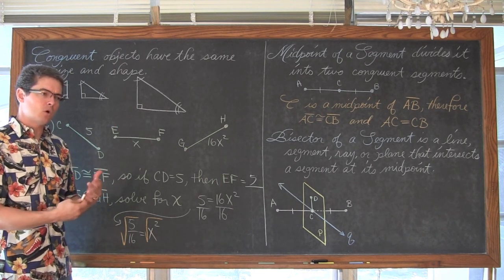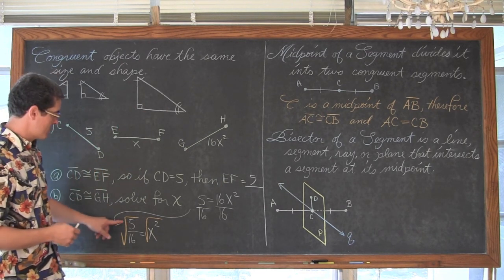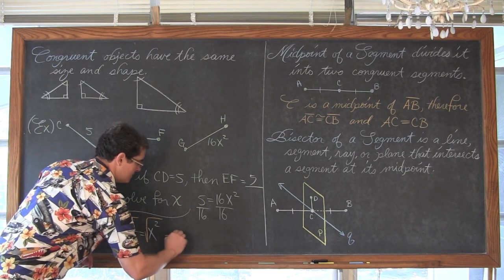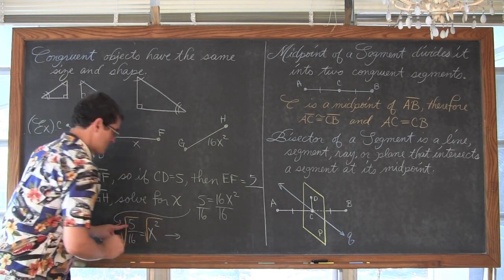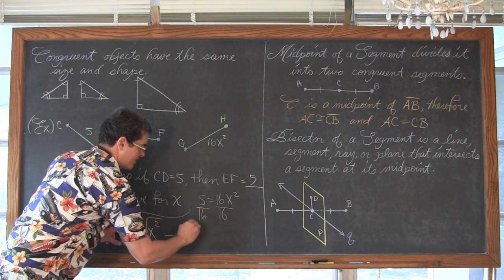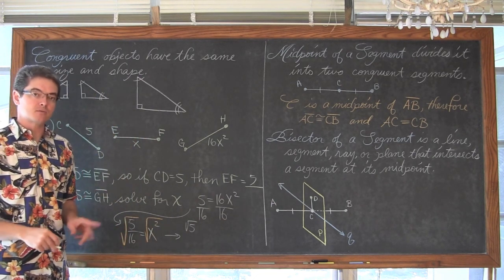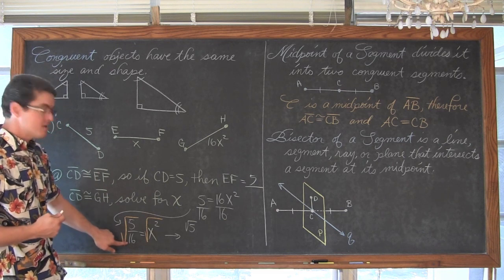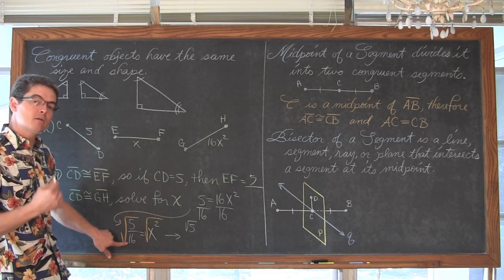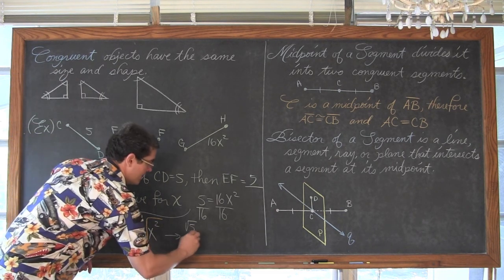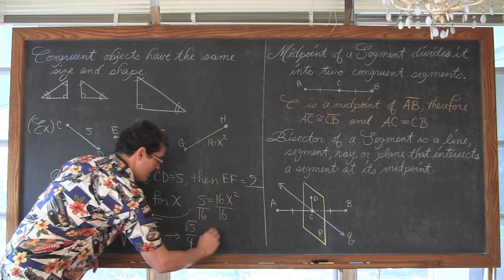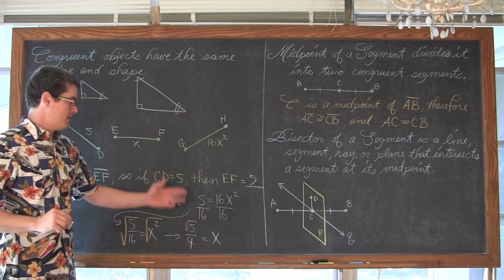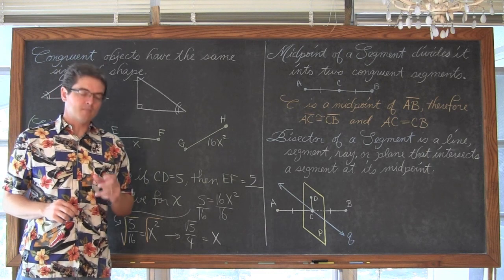All these old arithmetic and algebra skills coming back. So we have the square root of 5 going in this direction. So the square root of 5 is just going to be square root of 5. I'm not going to be happy with decimal answers. Let's practice using our brain instead of just using a calculator. Square root of 16, though, the denominator, that is a perfect square, and that comes out to be 4. So X is equal to square root of 5 over 4.